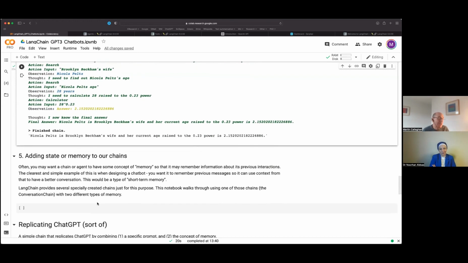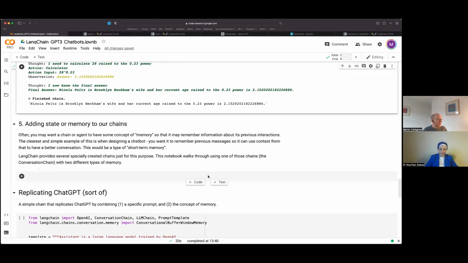But potentially it gets a little bit more interesting because remember what ChatGPT does within a conversation thread. It actually remembers what we said in previous questions, and we can use it to build on and enhance what's gone on previously. So we can add state or memory into our chains as well, in a very similar way to the way that ChatGPT does. So it remembers what's gone on in previous interactions. And this is what we need in a chatbot, isn't it? We need it to remember what it said, so we're not constantly having to ask it the same thing over and over again. And it turns out that LangChain provides a bunch of specially created chains to help us do this,